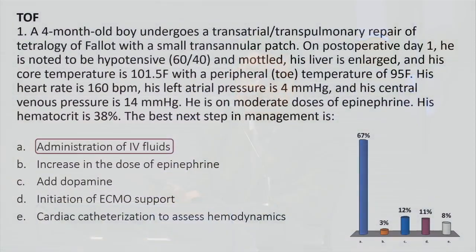But I think that for many, giving more IV fluids with high CVP may have been a little more difficult to choose. But the diastolic dysfunction after tetralogy is transient. So we expect that the CVP, although it's going to be high, is actually going to come down as time goes by. So,